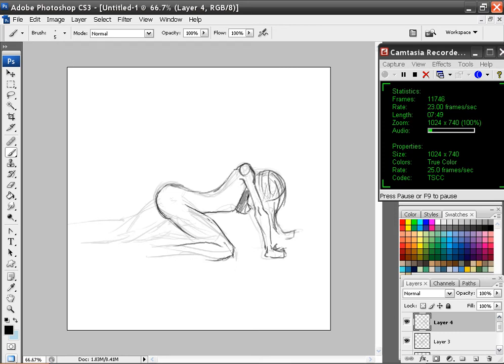Okay, these lines are the hardest to do on a Wacom tablet because this is when you turn your paper, and you can't do that with your Wacom. You have to twist your body around in weird angles to get something that you want. It's kind of difficult sometimes,